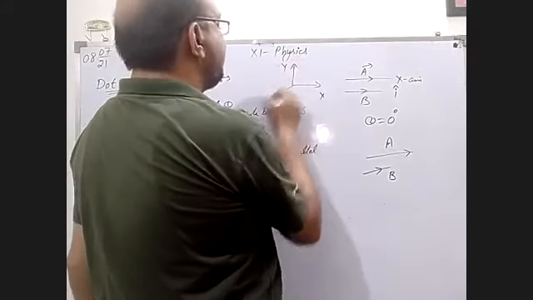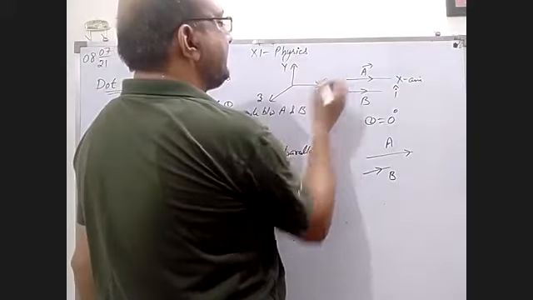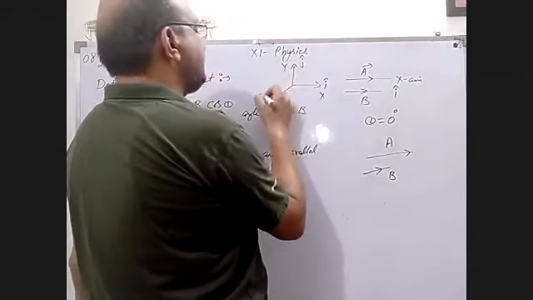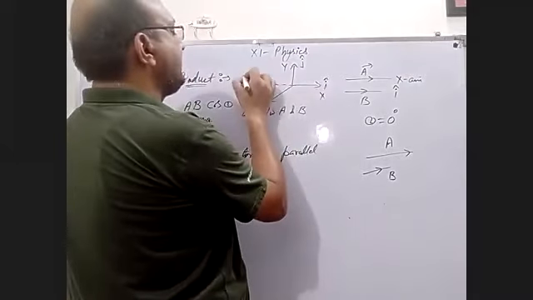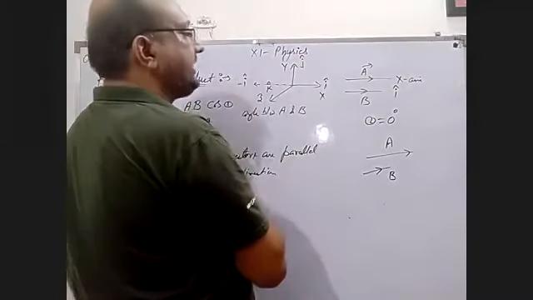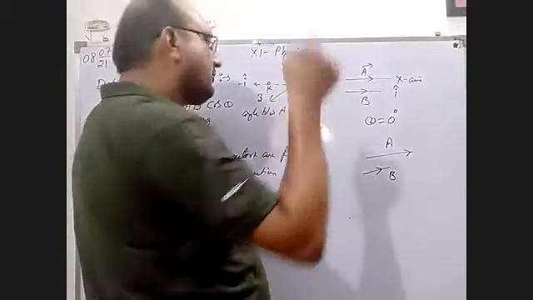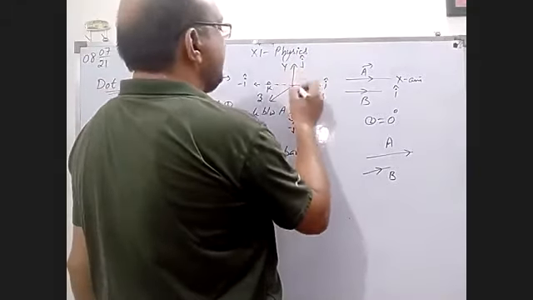X-axis, y-axis, z-axis. This x-axis has a unit vector i cap, this y-axis has a unit vector j cap, and z has k cap. But if you are taking the reverse of this i, this is minus i cap. Okay, this is minus j, and this k is in front of you, and in the inward direction you have to take minus k.